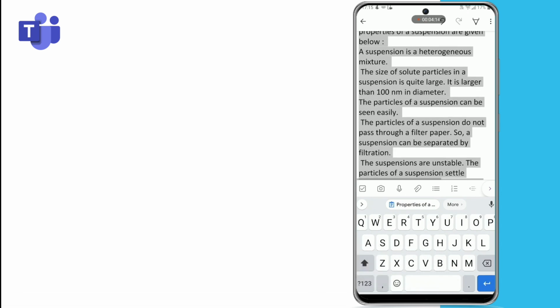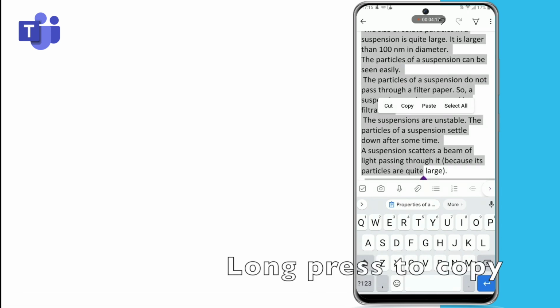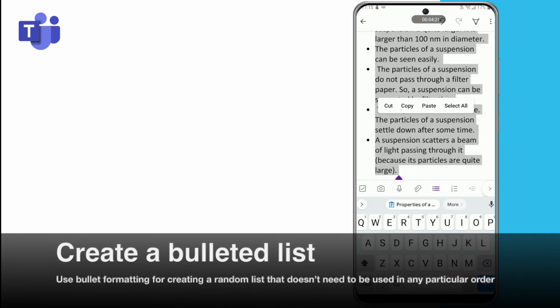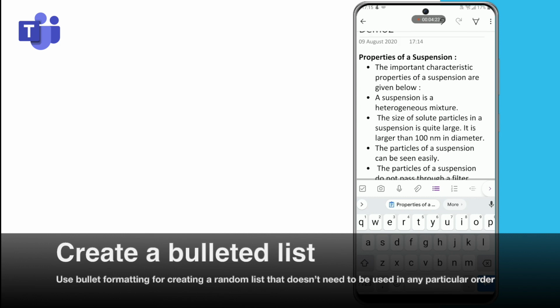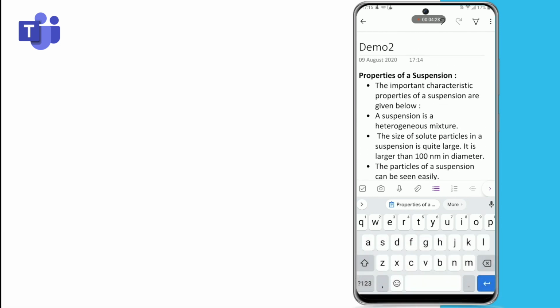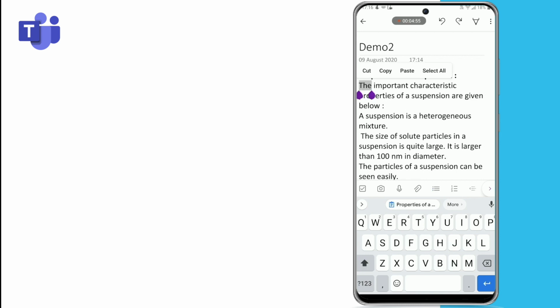You have to first press the text and then copy. Okay, and then click on this bullets. So when you click on the bullets you will see instead of 1 2 3 now you have bullet points here. But I feel the first part was better, so what I can do is click on this undo to revert the changes.